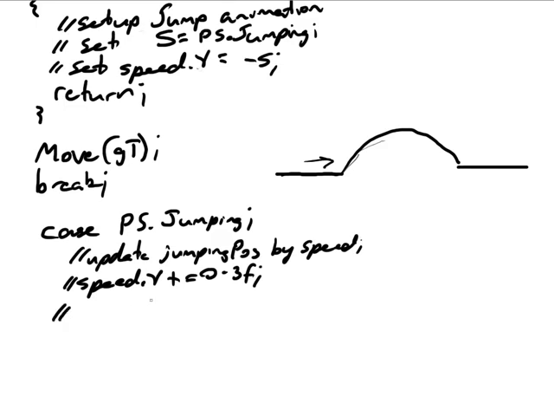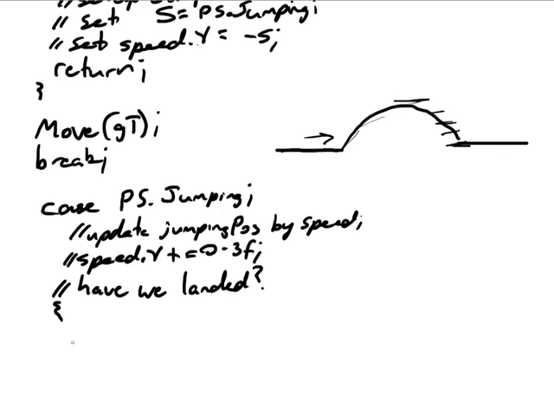So, have we landed? How could we check that? Well, we could check jumping position against our landing height, and if we've just come down, yes, we've landed. Okay, our jumping position is less than, or it would be bigger than in our case, wouldn't it? Is it bigger than or equal to our landing height? Well, then we've landed. So then we better go ahead and make ourselves land,